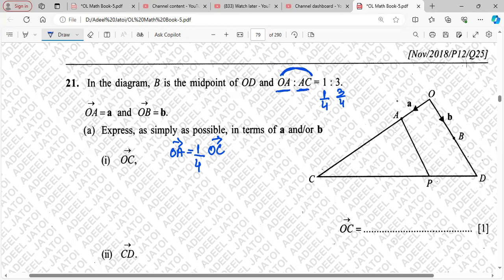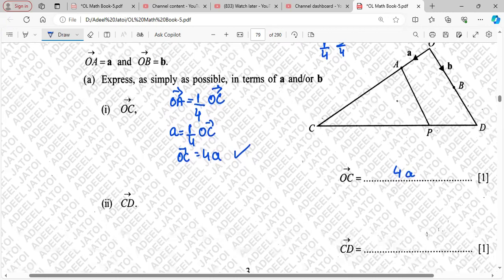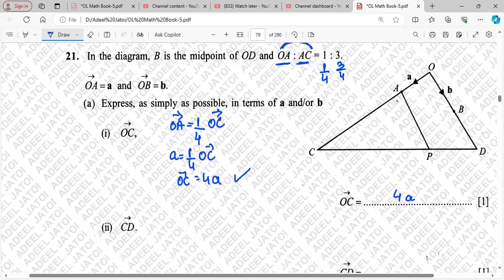आपका OC ब्रेक कर रहा है ना, OC की जो लाइन है वो OA और AC में ब्रेक कर रहा है, तो इसका मतलब उसको रेशियो को भी ब्रेक करेगा। तो आपको बता दिया OA क्या है, A। अगर OA A है तो 1/4 OC, तो मैं डायरेक्टली OC लिख सकता हूं, बिकम्स व्हाट 4A। तो ये डायरेक्ट आ गया OC, जो कि क्या बन जाएगा मेरे पास 4A। अगला पार्ट क्या बोल रहे हैं, CD निकाले जी।